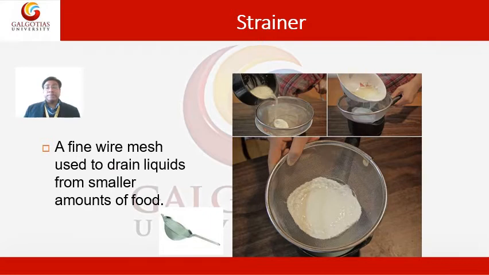Then we have a strainer, a wire mesh strainer or a conical strainer; a chinois can also be used, for small amounts of food that need to be strained. Now, with a wire mesh strainer we want the liquid and we don't want the solid part, so it's the opposite of the colander. If we want to strain a stock, we want the liquid of the stock and throw away the solid, so we use this wire mesh strainer or conical strainer. There can be different types of strainers.